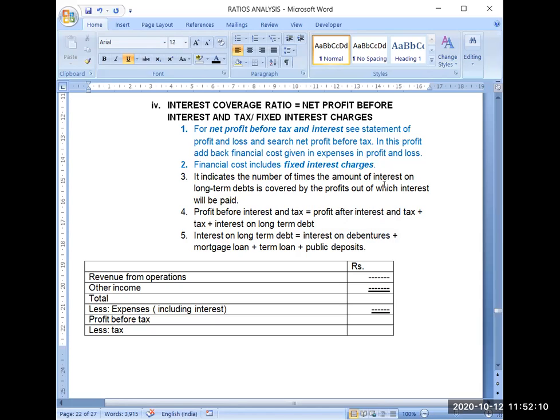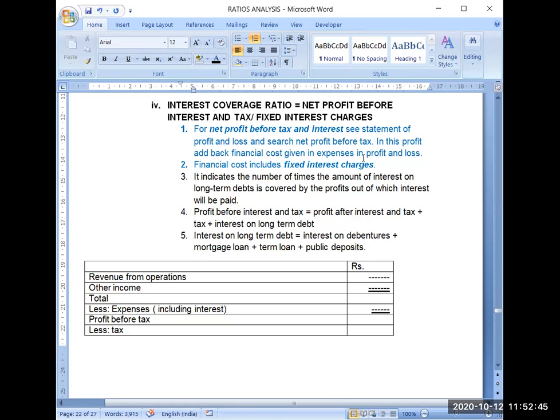Suppose I have to pay interest of rupees 10,000 per year and my earnings are 30,000 or 40,000 per year. If somehow, due to a Corona-like situation, my income reduces by 25%, even then I will have a profit of 10,000. 25% of 40,000 will be 10,000. So even then I will be in a situation to pay interest at least. That way creditors will be checking their security for their interest.